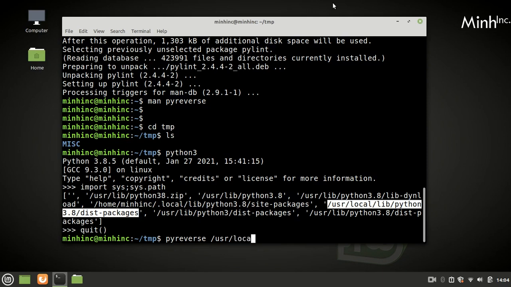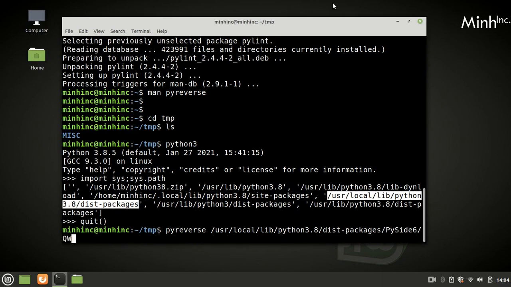We will give that file path, python3 and dist-packages, QtWidgets.pyi. Or we would say everything, and then okay, so probably class diagram only, that's it. We can try this.